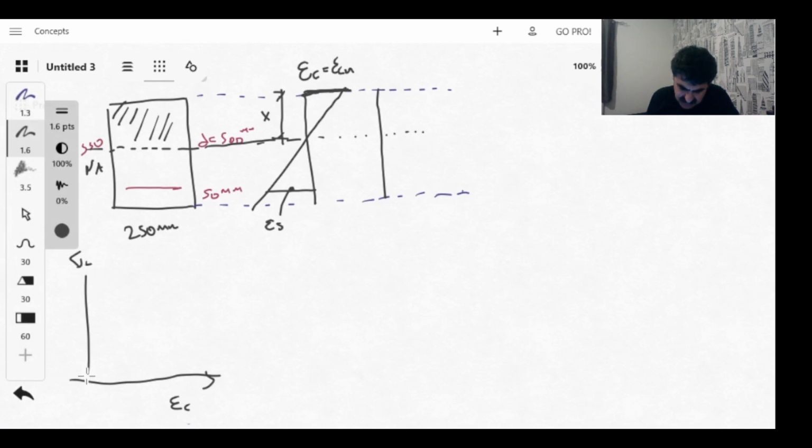Basically, as provided by Eurocode, it is something like this. After this point the concrete is crushed. This point is epsilon cu, which is equal to 0.0035, and this point epsilon c0 is usually 0.2%, and this corresponds to